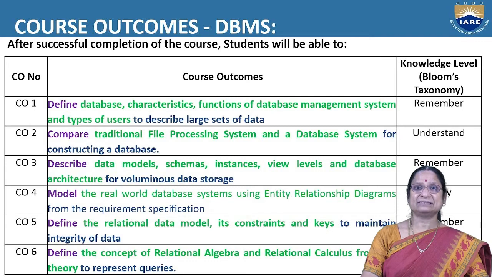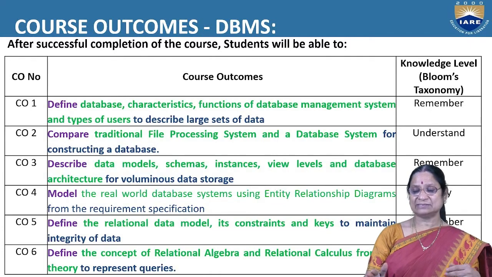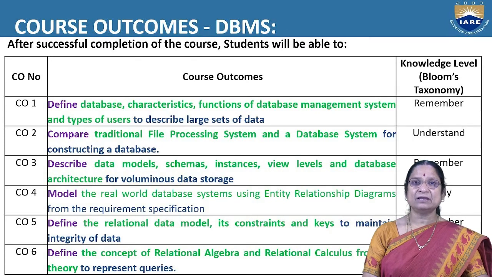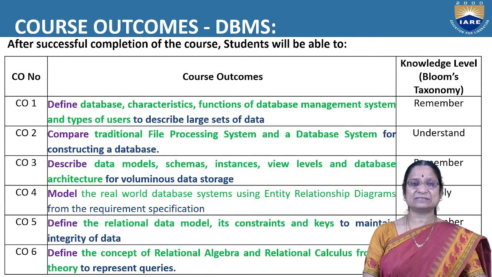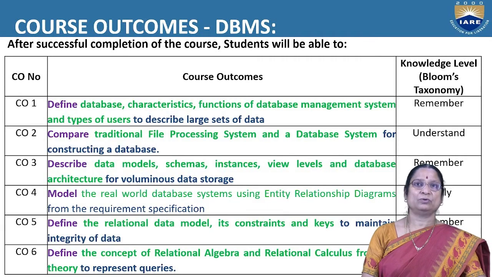the topics included in the academic syllabus. So after successful completion of the course, students will be able to achieve all these outcomes. While writing these course outcomes, we also assessed the respective knowledge level of Bloom's taxonomy that the student will acquire. So CO1 to CO4, the first four, are related